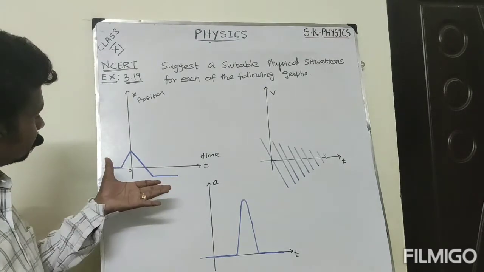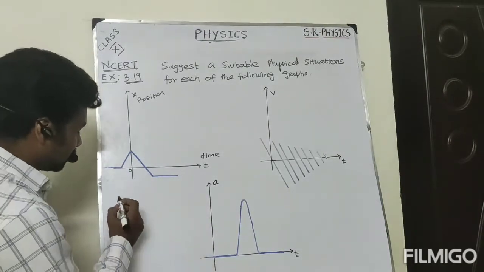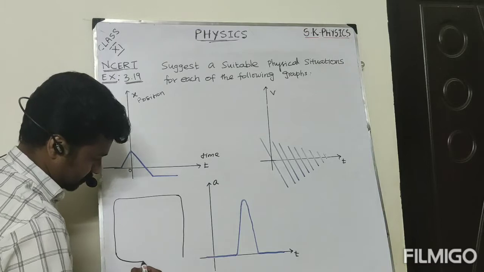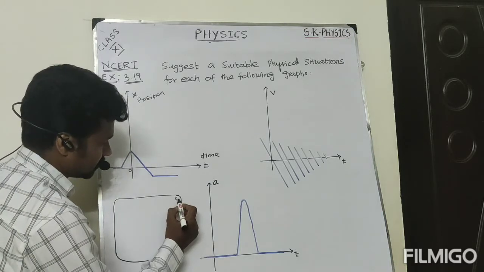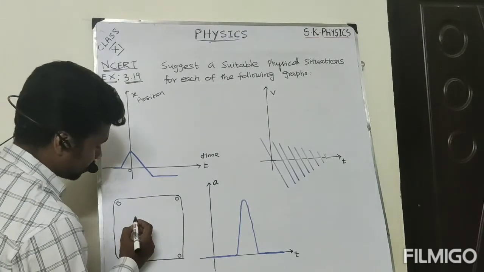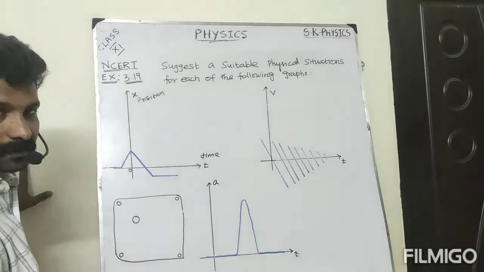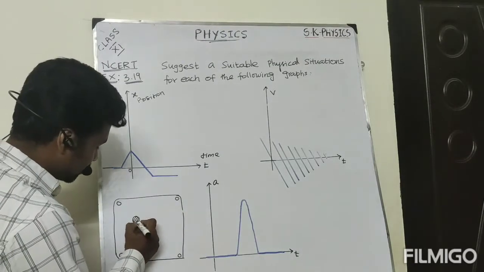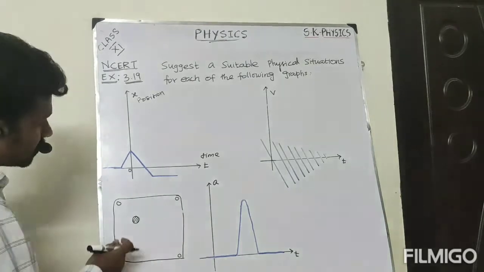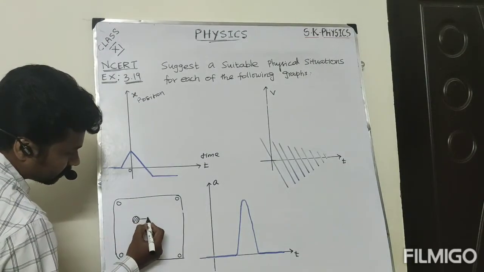So I think a perfect example we can say is the carom coin. You know the carom coin. For example, this is a carom board, and here one coin is there. Now this coin is still at rest position. Now I apply the force. What happened? It is moving in the forward direction.